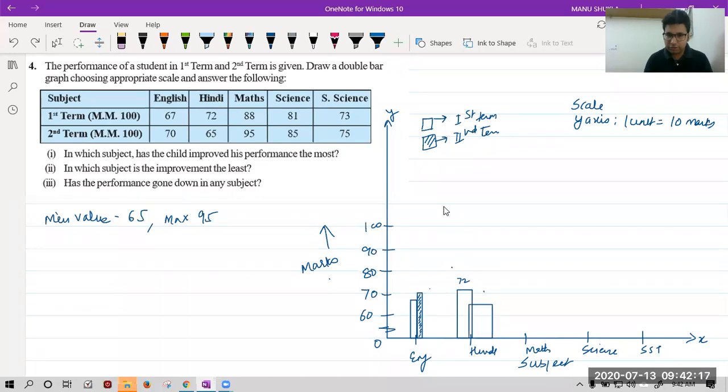between 60 and 70. Okay. So when you draw in your copy, you are free to take any scale. Okay, it is not an issue. You can take a scale of 5 also. We use king just to save the paper. If you don't want to save the paper, you are happy making a long graph, you can make it, no issue. King is not compulsory.